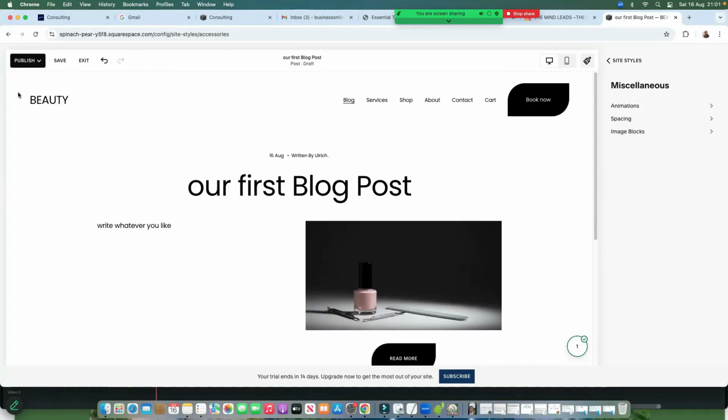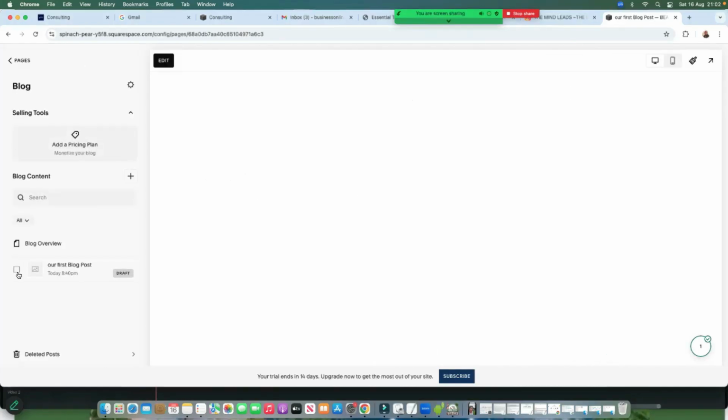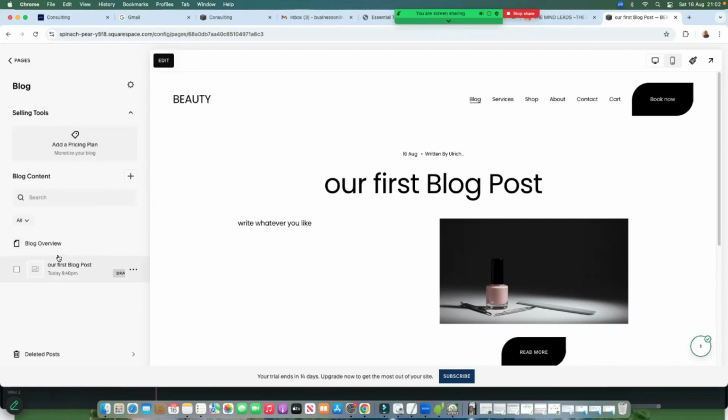And then I'll just click here on save. So let's click here on exit. And okay, let's talk about the blog post settings. If we look here on blog overview, we have our blog title, which is our first blog post, and it's on draft right now. So that means our blog post isn't yet published. And then if I click here on the three dots, and then I click on settings,